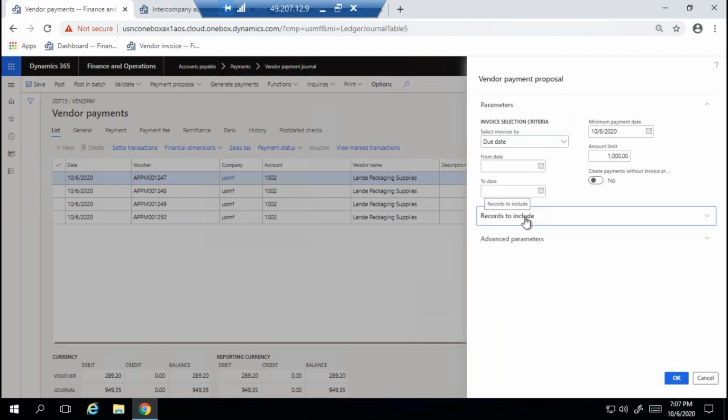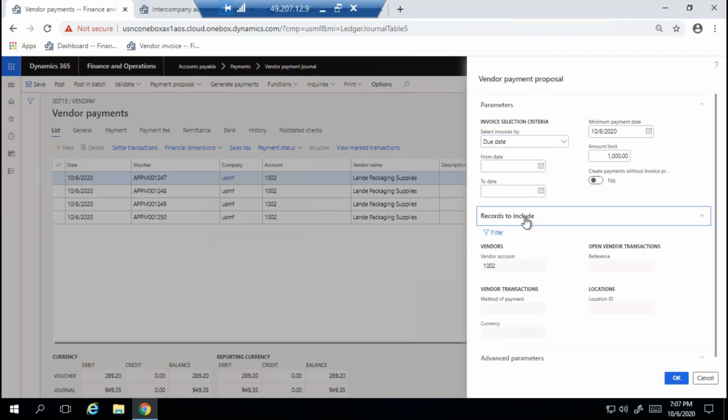Understood? Any doubt here? You are selecting the vendor account and you are telling the system the invoice amount is 1000.